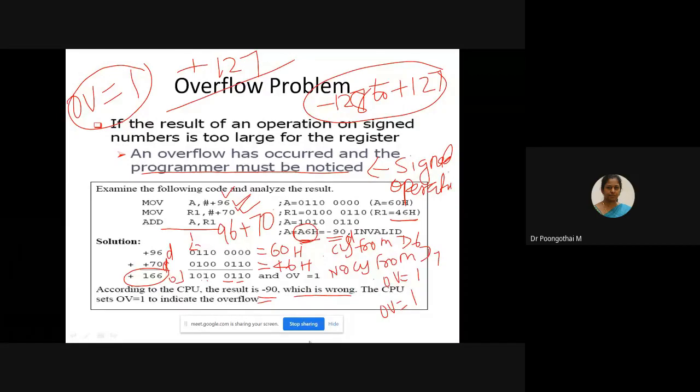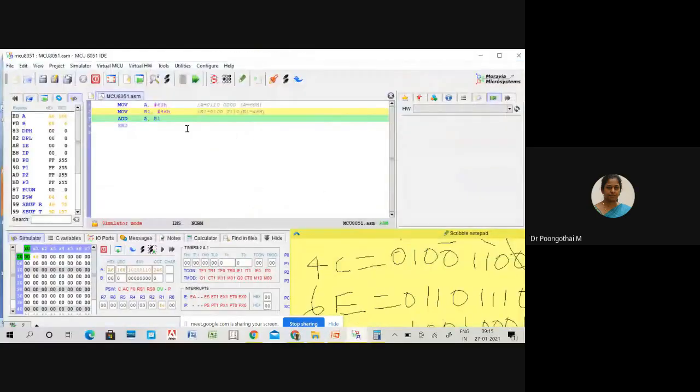After execution, your overflow is set to 1 and your accumulator holds A6, which is a wrong result. Some adjustment is needed in order to trace out the original value. But according to the unsigned number, the result is 166. But 166 is not within the range, so the overflow flag is set.